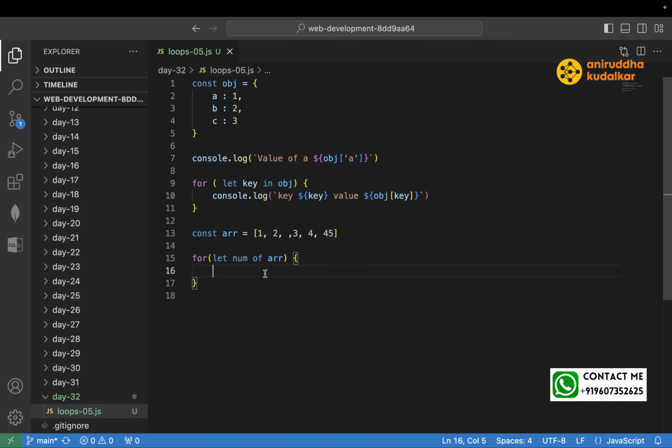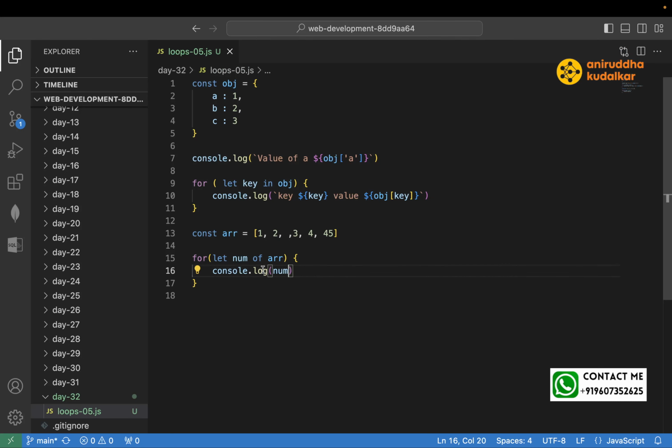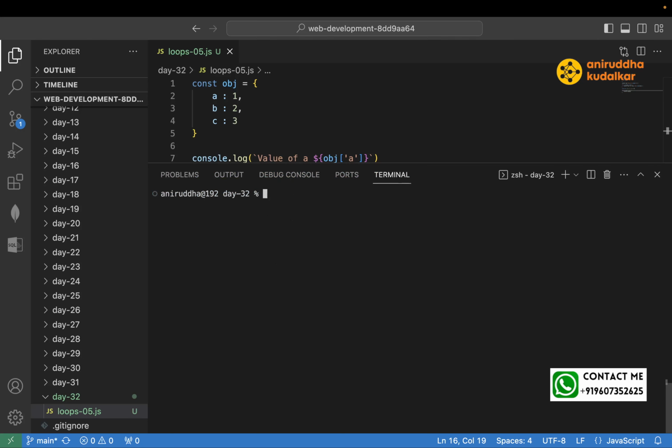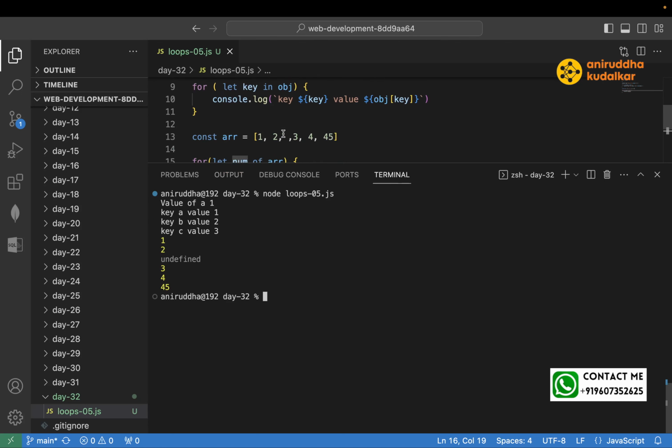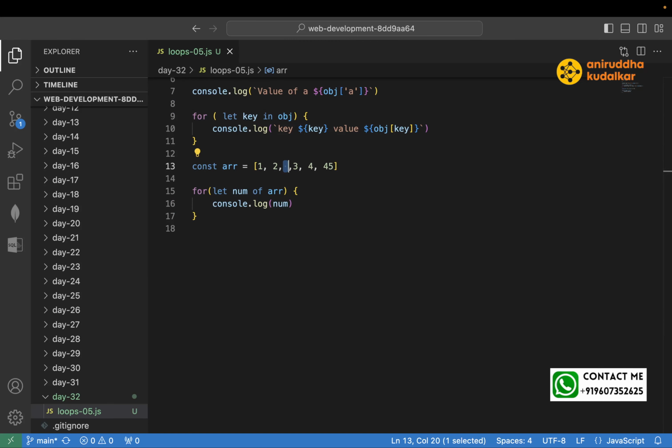Let num of arr and console.log num. Let's go here and check the output. Can you see 3, 1, 2? In between there is an undefined. Can you see? We didn't write anything, that's why undefined. 3, 4, 45. Yes. So the for of loop is used to iterate over arrays, strings,